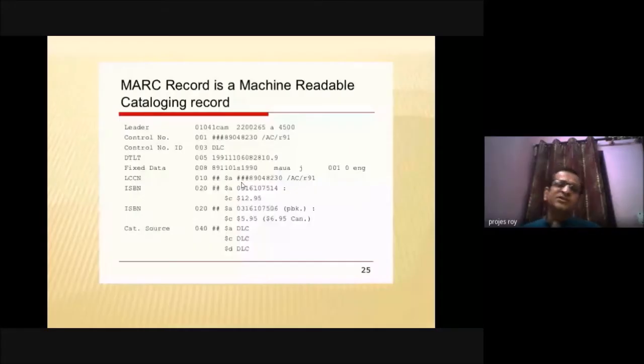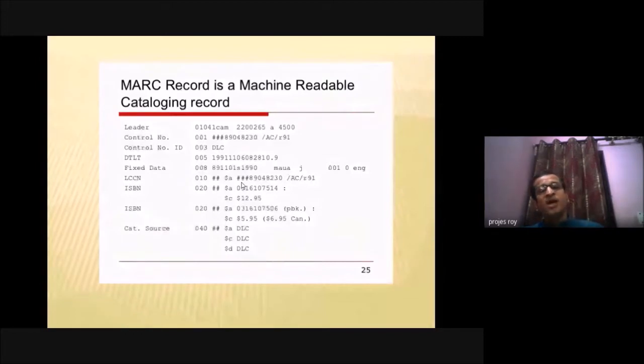So for every catalog card, if you think about the MARC record, MARC catalog, you need to have a kind of identification number or tag number for each entry, right? It is not like you just write the author. Besides the author, you have to put the tag number of the author, then you have to write the author name. So this is the way things work.